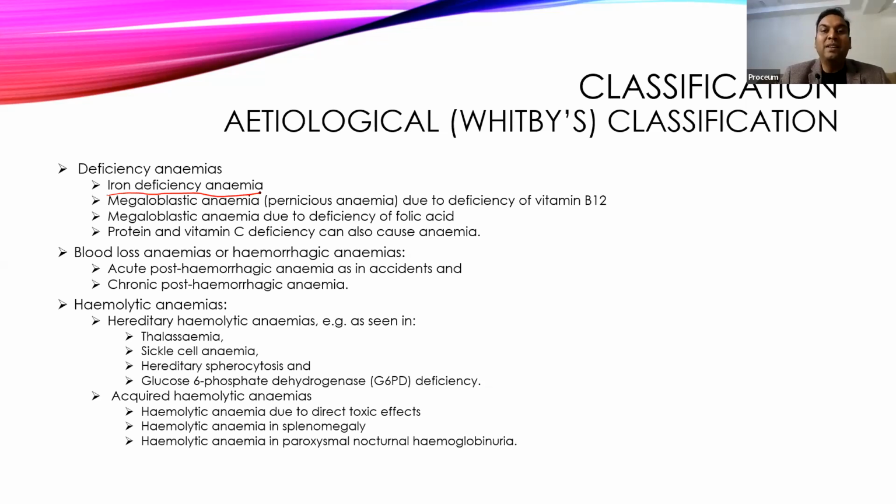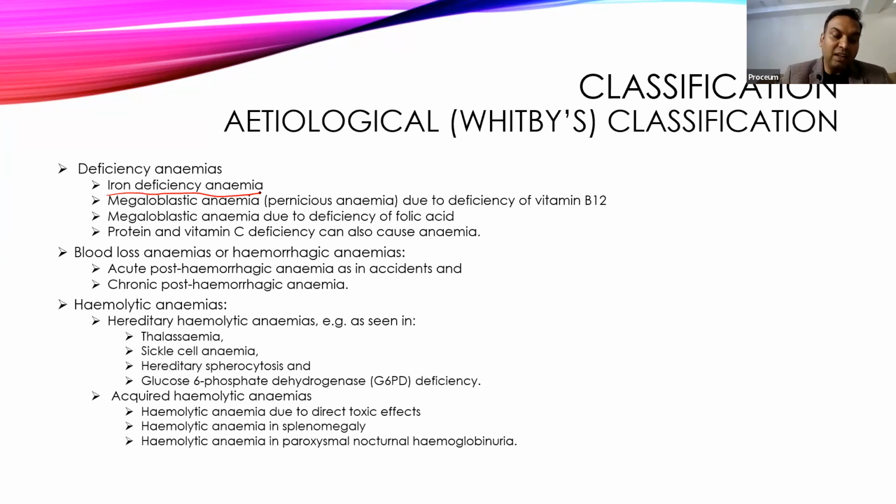Here the treatment is prevention of the blood loss. If you know the cause, you prevent that blood loss. And in usually acute hemorrhagic anemia, acute blood loss, we usually replace it with the blood, and we can prevent the anemia. Then come to the hemolytic anemias, where destruction of the RBC is increased either because of intrinsic